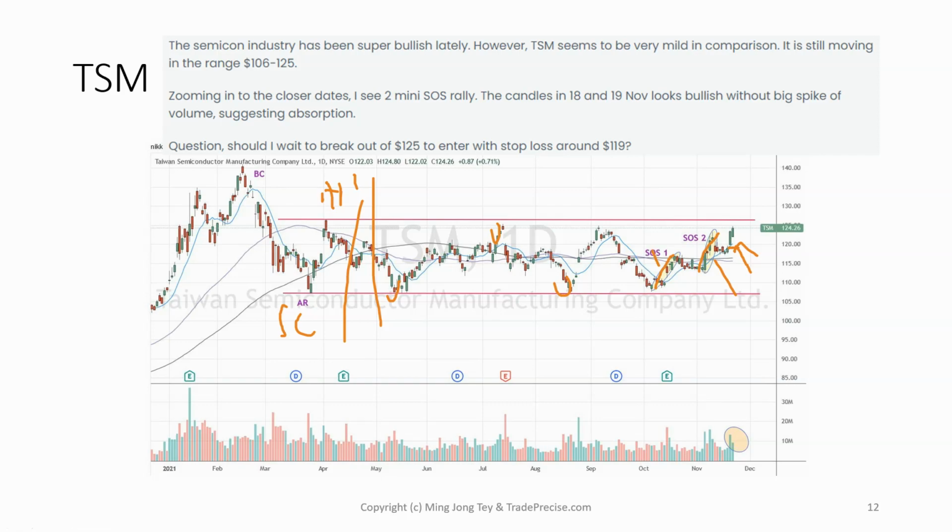In terms of the up waves, there is definitely aggressive volume, so I like this volume. This is good volume, aggression, and a momentum bar, another momentum bar, and even this as well. This is the earnings bar gapping, so this is also a bullish bar. So we have at least 4 momentum bars. Although it didn't have a straight-up trend like this, I think that could be the sign of strength rally the bulls are looking at.